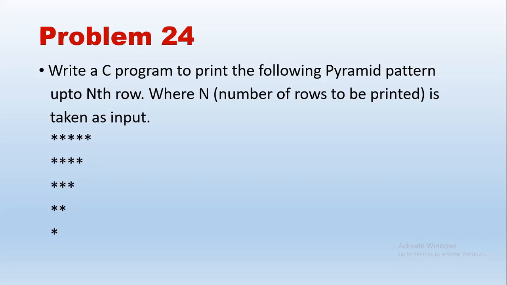But which index? That is the thing to note. Every time the row number increments, but the number of columns is decreasing. You have to observe very minute things from the question. The number of columns in row 1 is 5, because there are 5 stars. In row 2 it is 4, so the columns decremented. In the next row it is 3, again decremented, then 2, then again decremented, and now it is 1. So we are decrementing the columns.